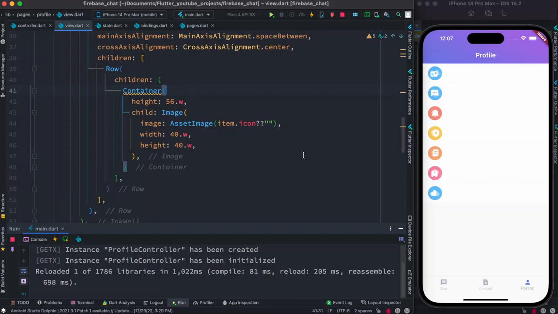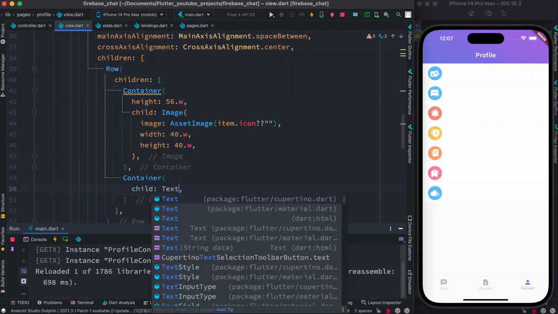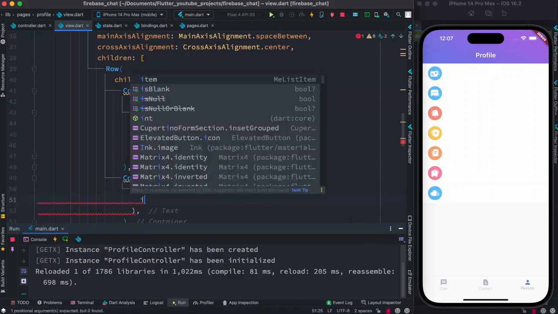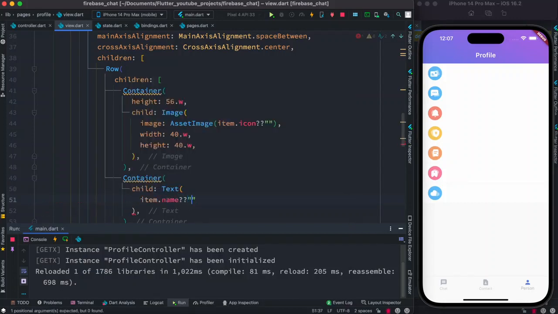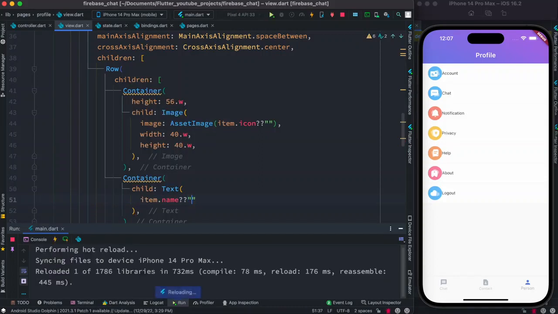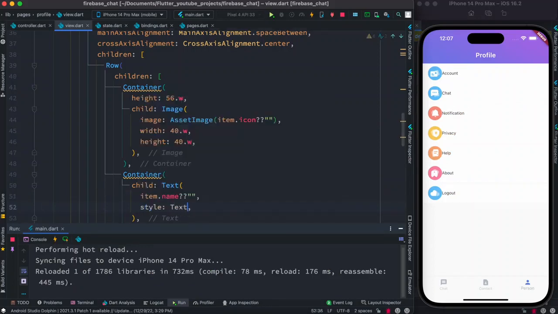And then we'll have another container for name itself. So right after this we'll have name, and we'll set up child over here, and then we'll do text. Now inside this we'll have item.name. I think if we have item and name, we're going to use that. All right, so as we see that it's already showed up, and inside this we can do style and text